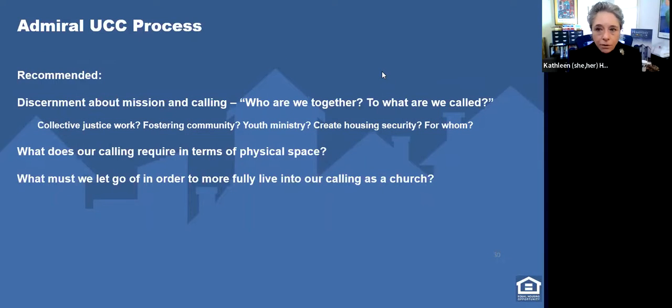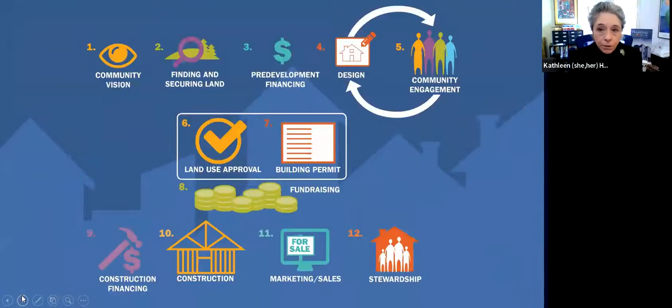Go talk to each other about the work you feel called to do collectively, and then do the process of saying, okay, what that means then is we need to let go of certain things in order to fully move into that calling as a church. So I'm just going to let that sit there for a minute because I think that's pastoral work that Pastor Andrew needs to be engaged in. I'm going to just briefly go into